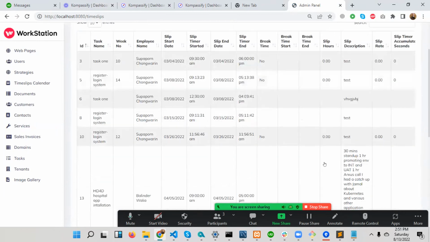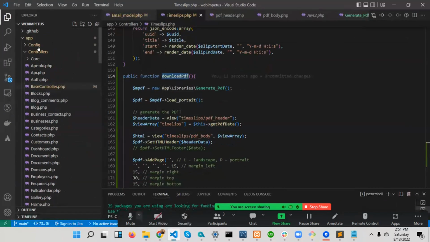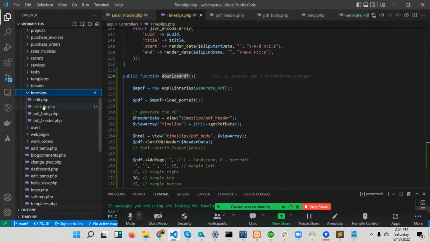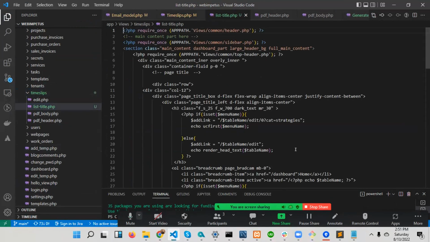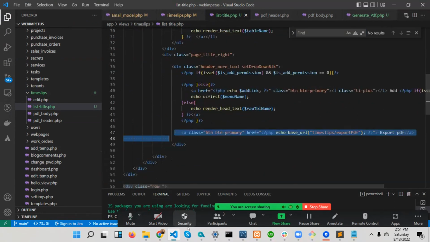This data you want to export, right? Yes. Okay. We need to add a button first, right? Yes. Okay. Here, List title. Export PDF is not working. So